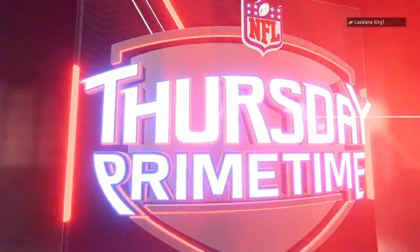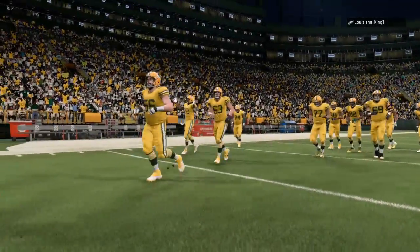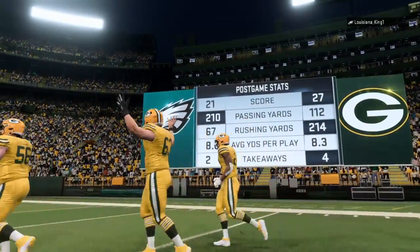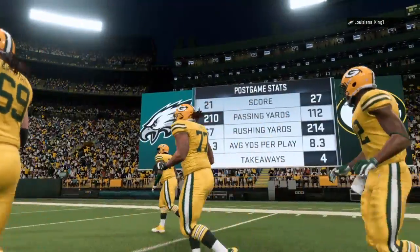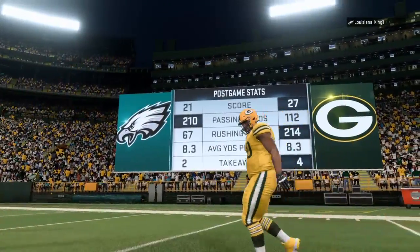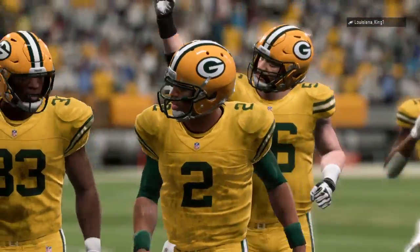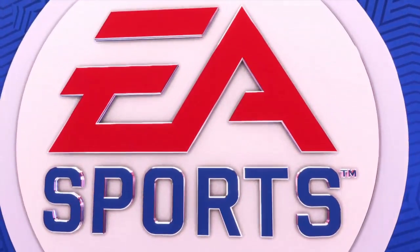They put up their fists and said, let's fight, and showed their crowd that they were into this one. And then that's the thing, the crowd responded. They were really good in this game. Yeah, they were not going to be pushed around. They were not going to be intimidated. They refused to back down and came away with a victory. So for the Packers, they're on a nice early roll as they